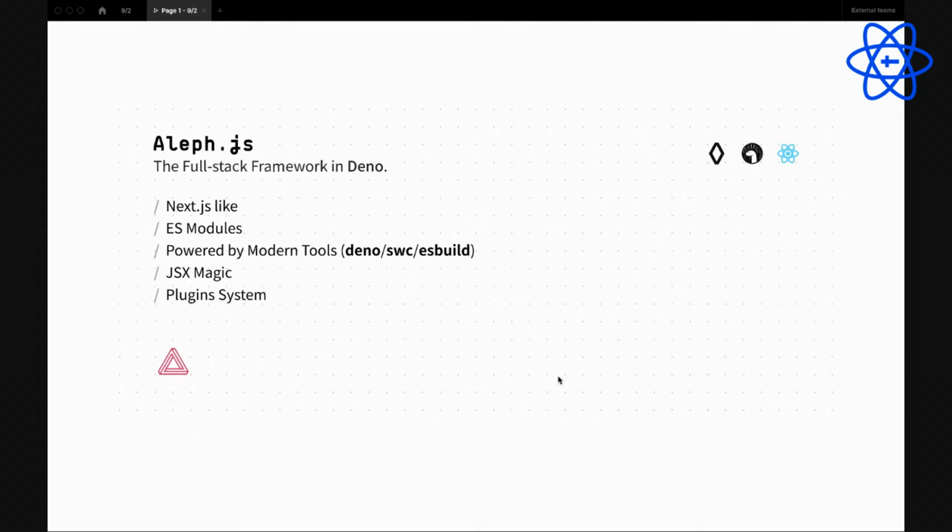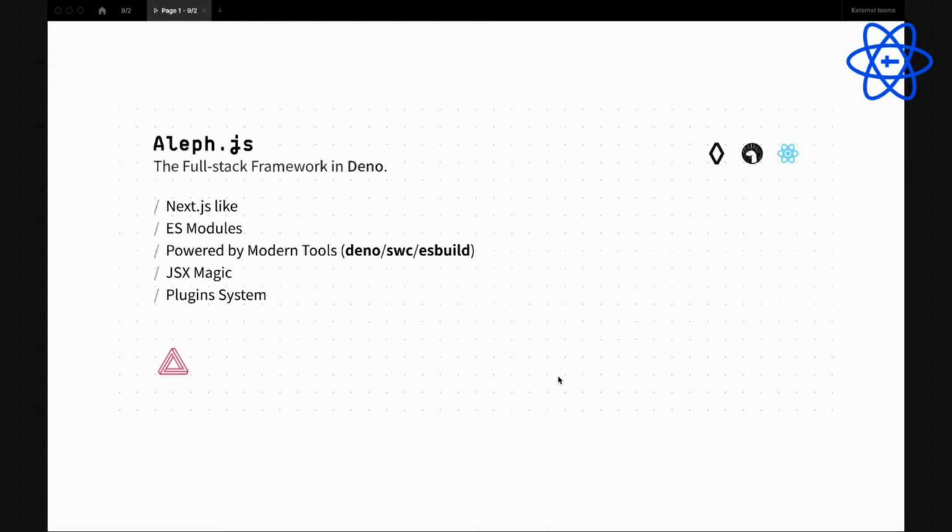For example, it works on top of Deno, and we use SWC to transpile your code like TS and JSX to the browser, and finally we bundle your app using esbuild. As we know, SWC and esbuild are super fast.